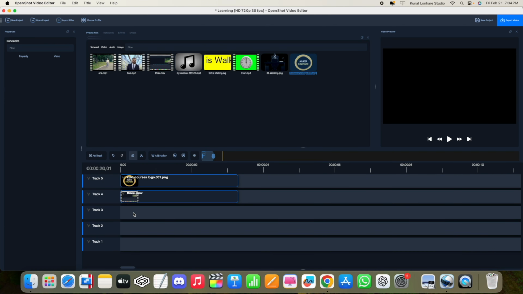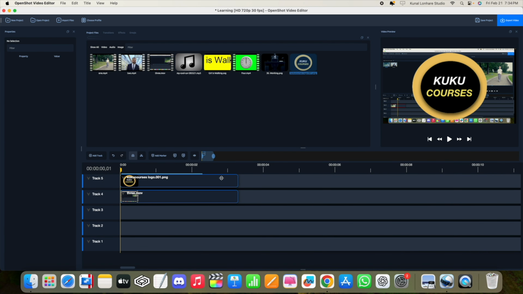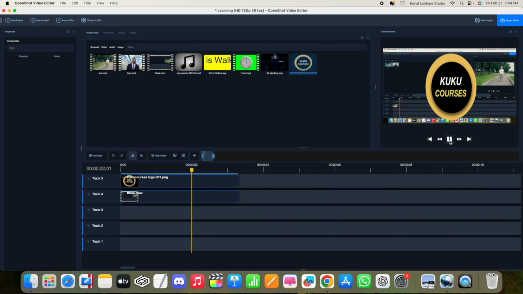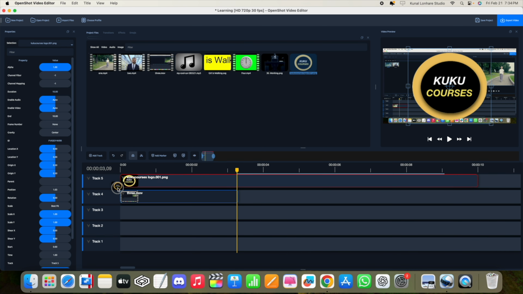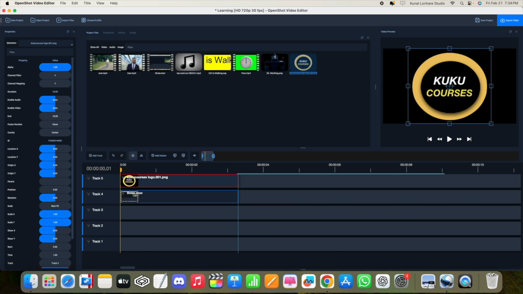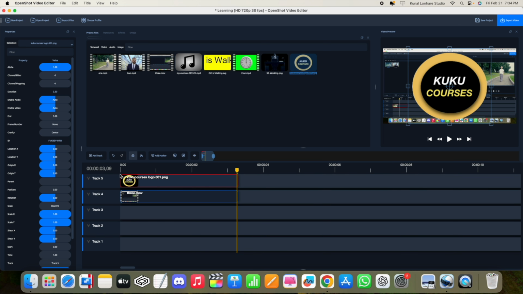And now if you see the player here, this is how your player looks. Another thing I want to tell you: if you remove this logo, let's remove it and try to edit here. If you remember, we told you that whenever you make any changes, suppose we select the logo, put the cursor at the very start of this clip, and then go to the property, and from here you can